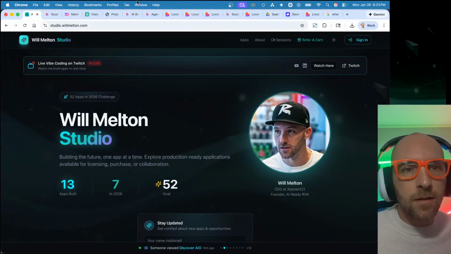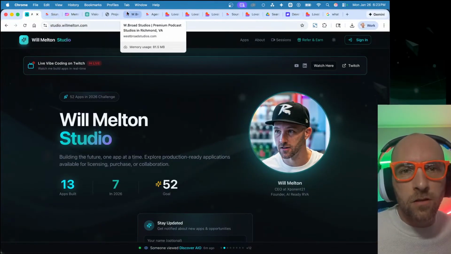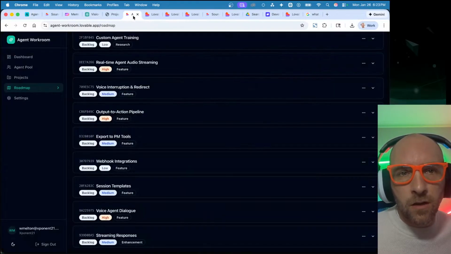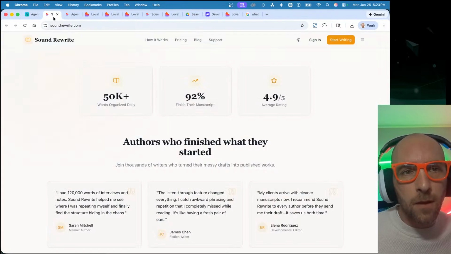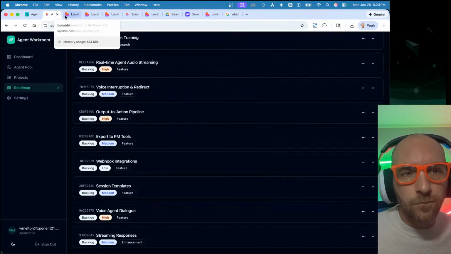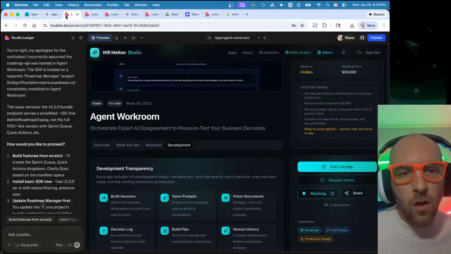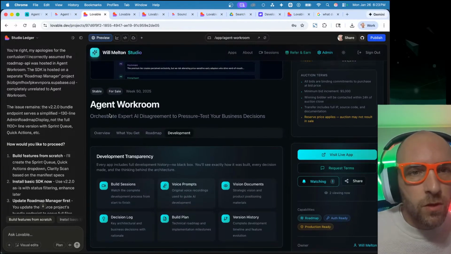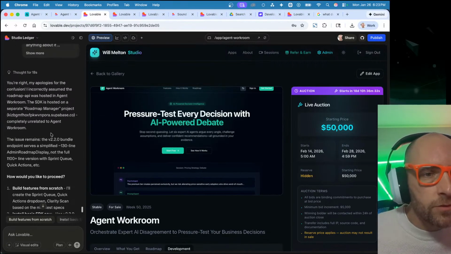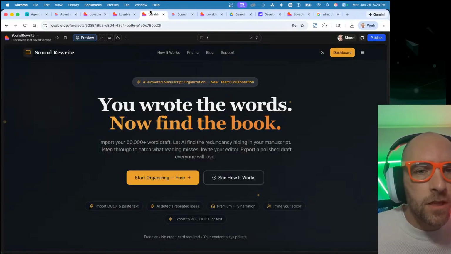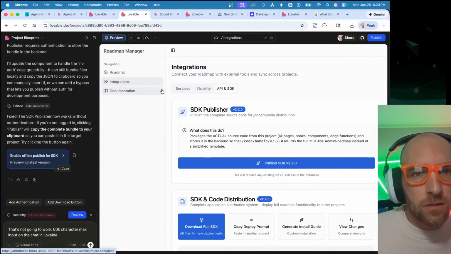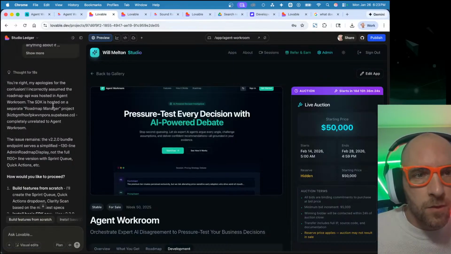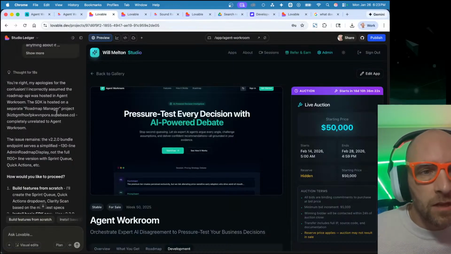But I said I was going to code to take us out, so let me get in here. I'm going to close out of some of these tabs because I can get a little tab happy. Okay, so what I'm doing right now is I'm trying to understand why my SDK for my roadmap is not playing nice. And so I'm going to read this. Bear with me for just a second.